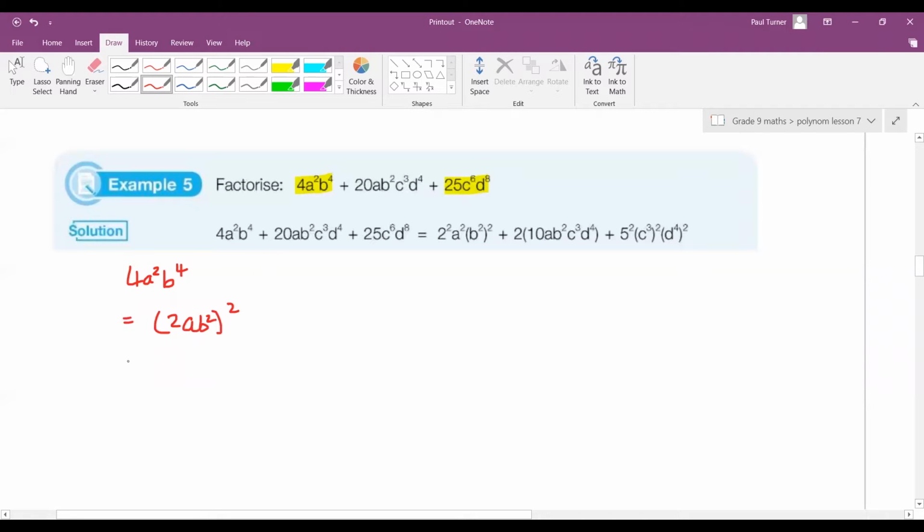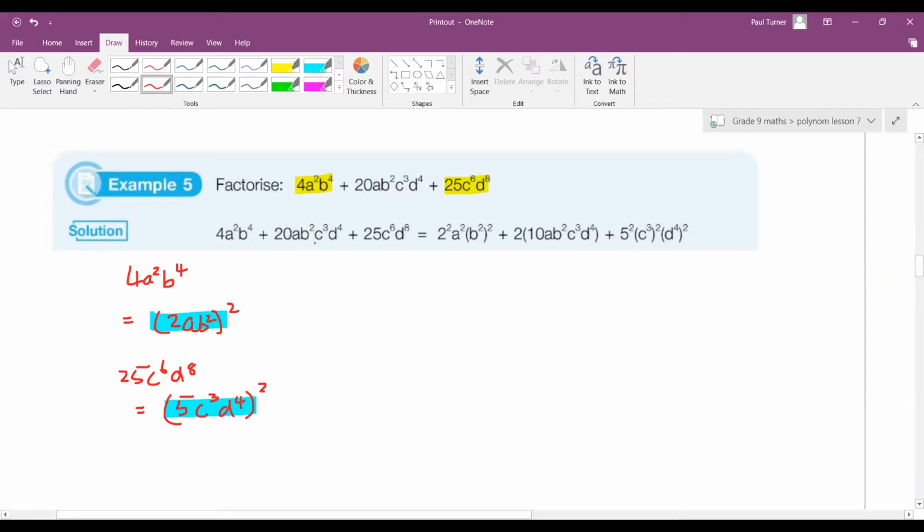And your n term is 25 c6 d8. So we want to make that power 2 as well. So that would have to be 5 squared, 25, c3, 2 3s are 6, and d4, 2 4s are 8. So these are our 2 terms that will go into the